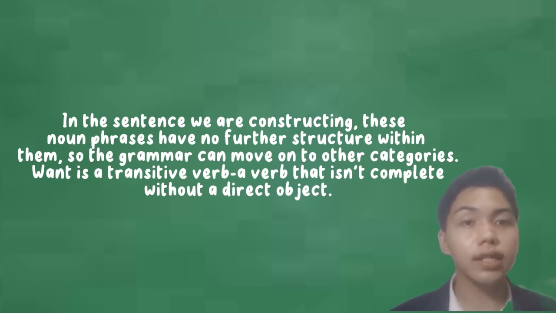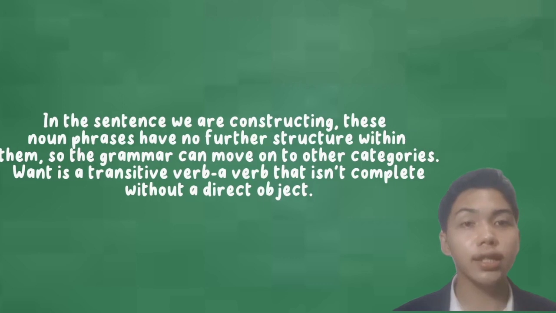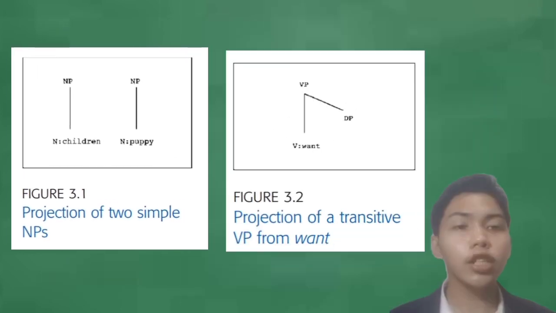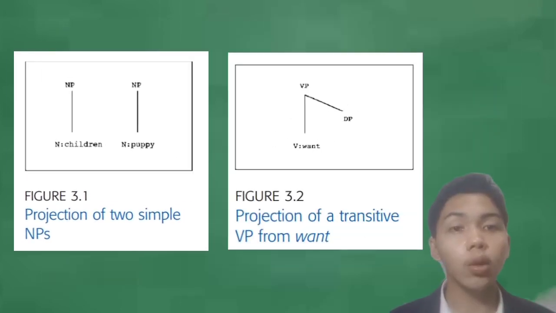So if the grammar is projecting a phrase from a transitive verb, it sends up a stalk that branches. That is figure 3.1, the projection of two nouns, which are children and puppy. The projection from the verb is shown in figure 3.2. The figures we are constructing are called tree diagrams because as they become more detailed, they begin to look like